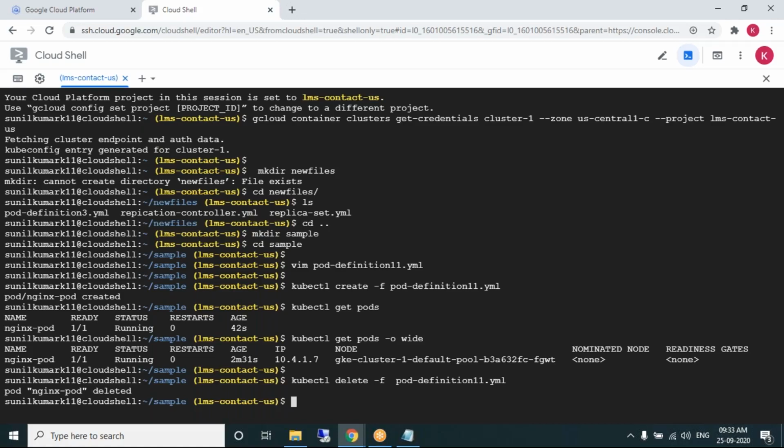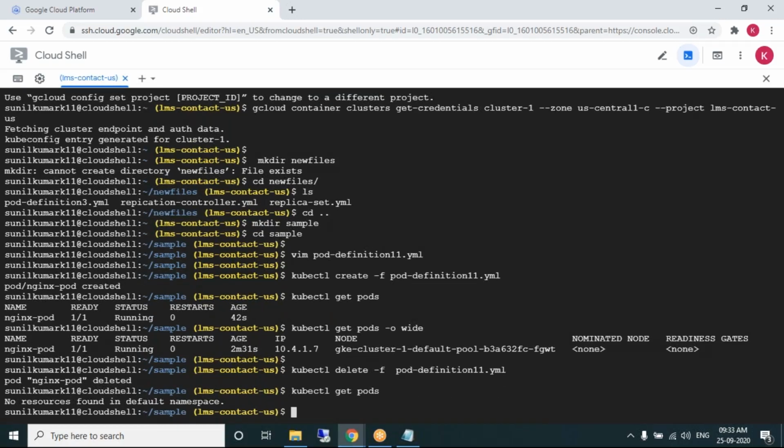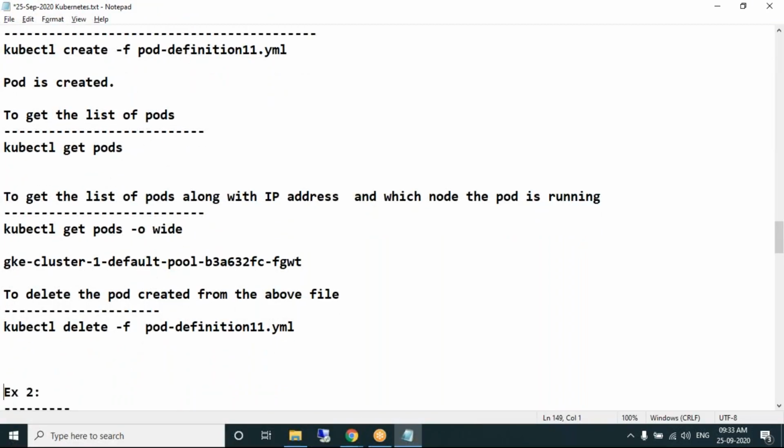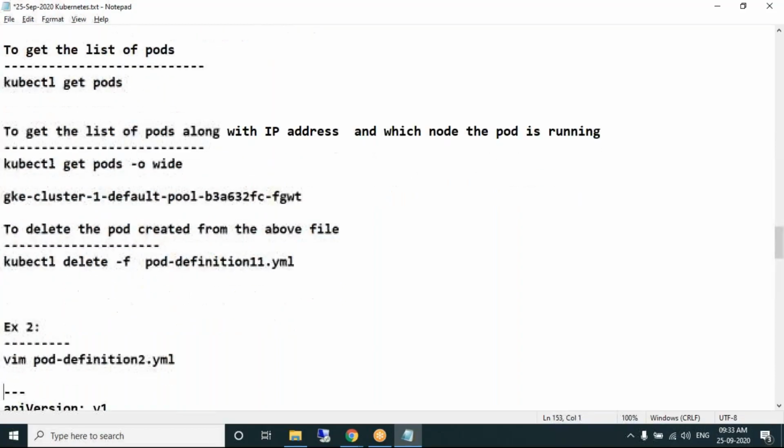Now, if you see kubectl get pods, no resources found. Pods not available. We have created a pod, and we also have learned how to delete the pod. The first experience of how to create a pod, as you know, the atomic object Kubernetes can create, and a pod contains a container, and we have experienced how it looks. Let's look at one more example.